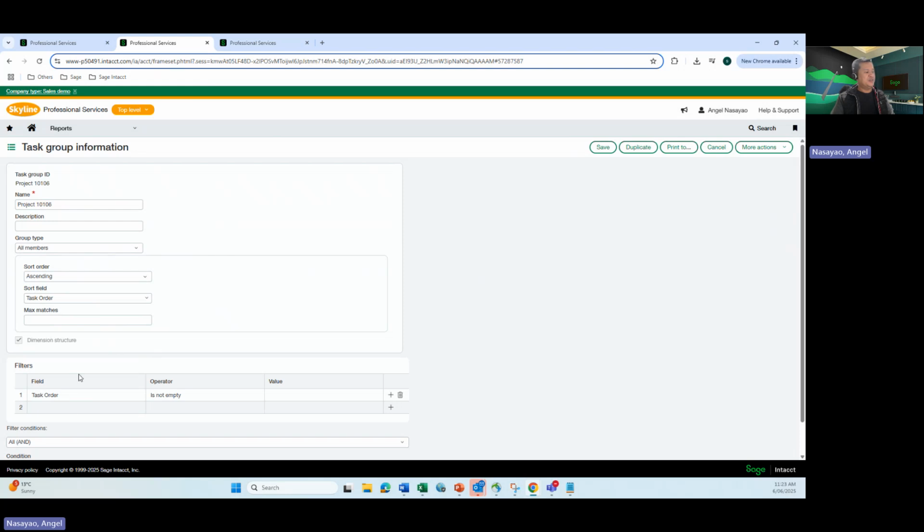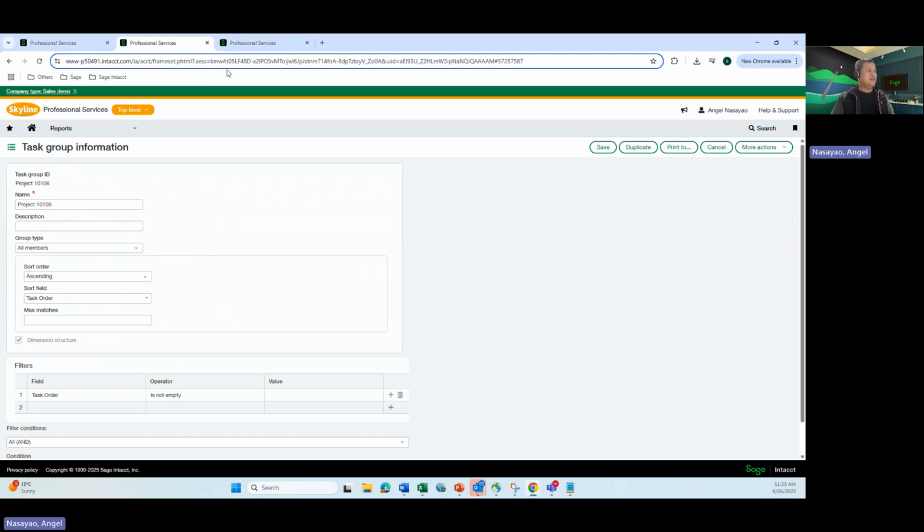You can just add more filters in here. In this case, I don't want to see figures for other tasks, so that's why I didn't fill out the task order field for the other tasks. That's why I want to get rid of those without a task order. I only want to see those tasks with the custom field task order being filled out. If it's empty, then get rid of that. Okay, so once you define that dimension structure and dimension group, or you can create it directly anyway,